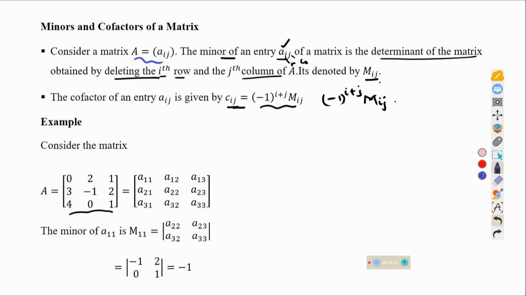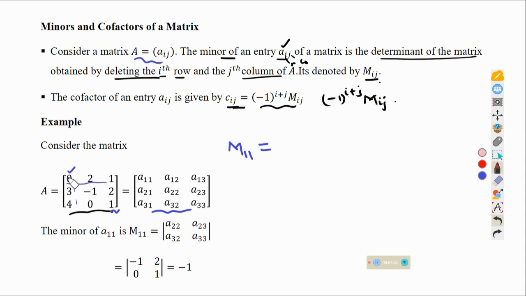For example, to get the minor of this entry 0, where does 0 lie? Let us try to relate this matrix with the general 3 by 3 matrix. We know that this 0 lies in the first row, first column. So if we are interested in getting the minor of the element in the first row, first column, then what we shall do is